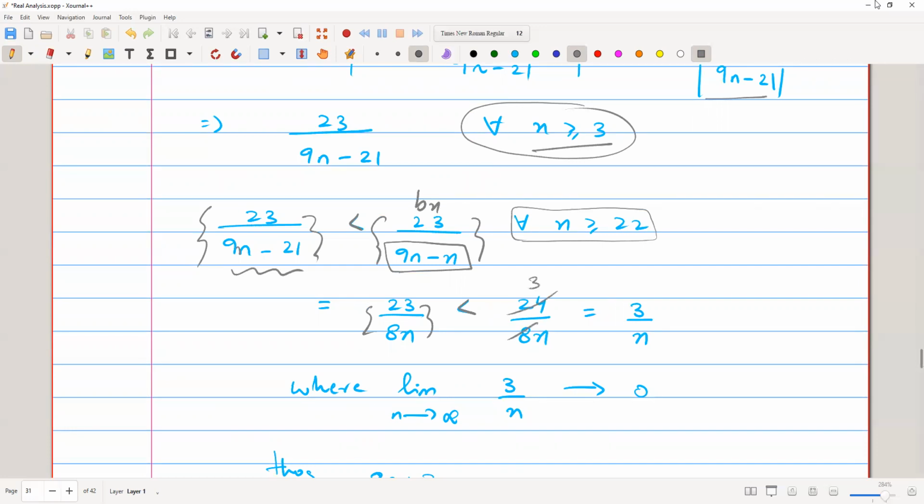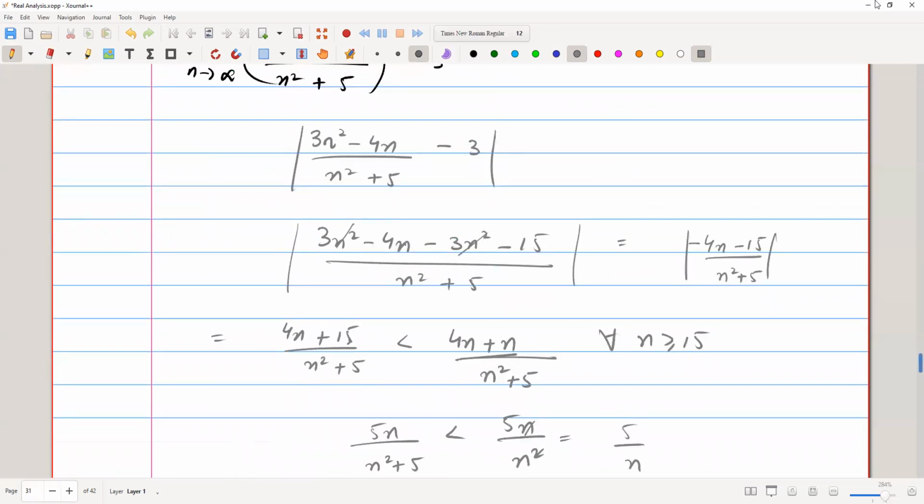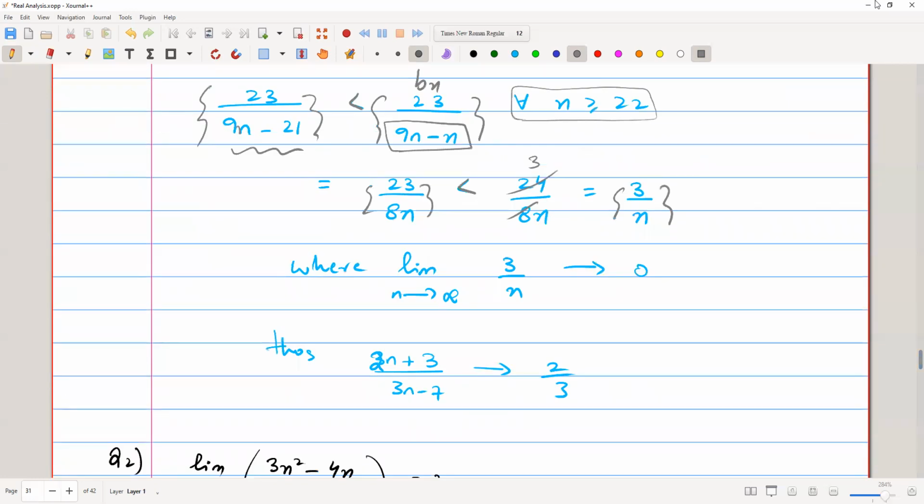8 3s are 24, so it is equal to 3 over n, and we know that this sequence 3 over n will converge to 0. We already proved this in the previous classes, that the limit of 1 over n approaches 0. So the limit of 3 over n approaches 0, right? So this was our Bn, and therefore this sequence 3 over n is greater than the given